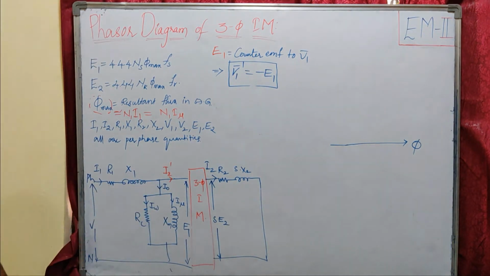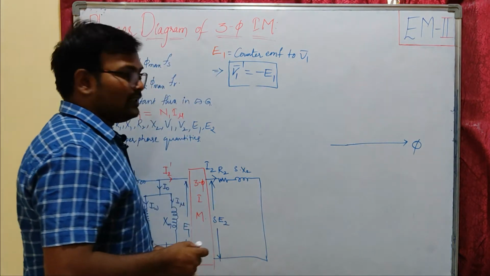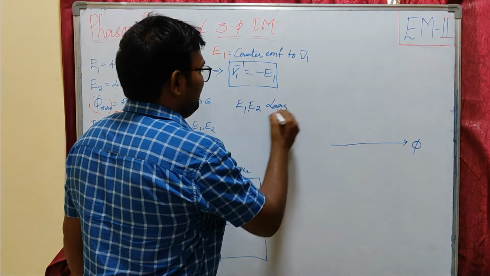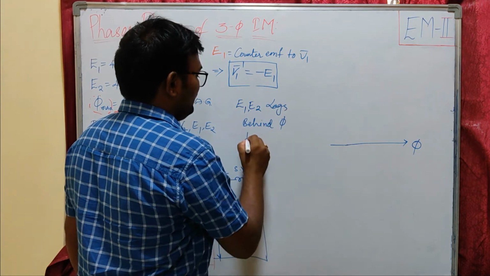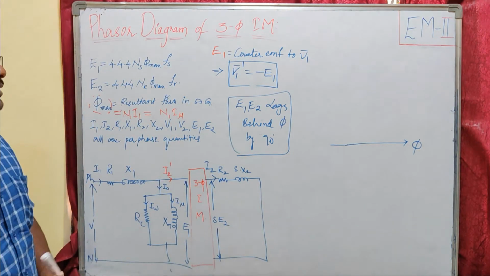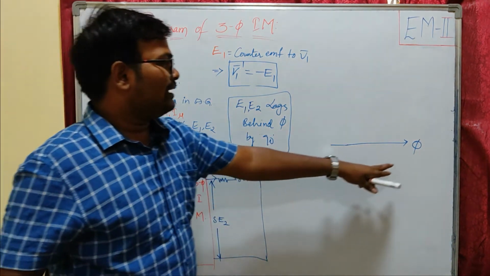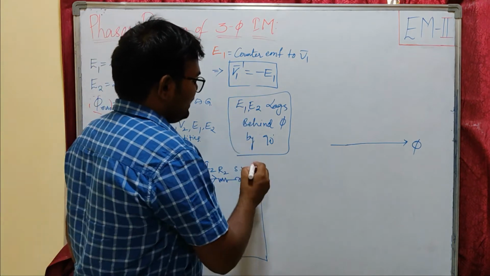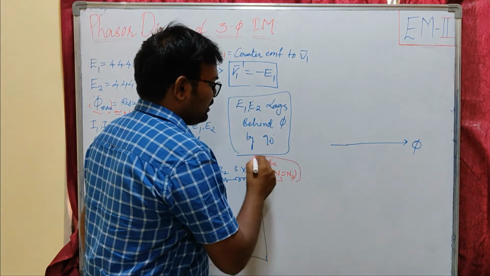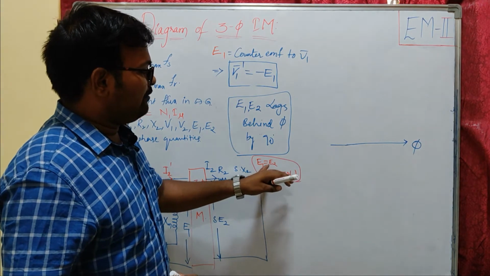So what are the parameters here? Here you can see the EMFs induced in our stator as well as rotor, that are E1 and E2, lag behind flux by 90 degrees. So actually the phasor diagram of our induction machine is similar to the phasor diagram of a transformer. Our induced EMFs E1 and E2 lag behind flux by 90 degrees. So this is my flux. And I am considering E1 bar equal to E2 bar. This happens when I refer our stator and rotor terms to one side, so I will have E1 equal to E2 for simplicity.